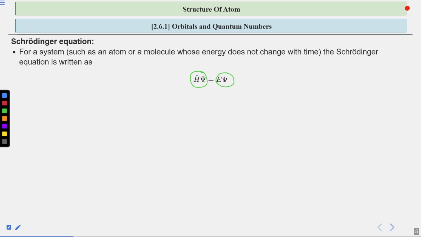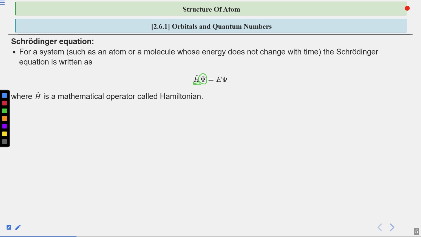Now, consider that same situation here also. H is an operator which is called the Hamiltonian operator. Now you have to understand it a little shallower, so you don't have to go much deeper. Just try to understand the basic idea behind what the operator is, what it does on a function and what it gives. So basically we have a Hamiltonian operator here. Now the beauty of this operator is that if you apply this operator on a wave function which is represented by psi,